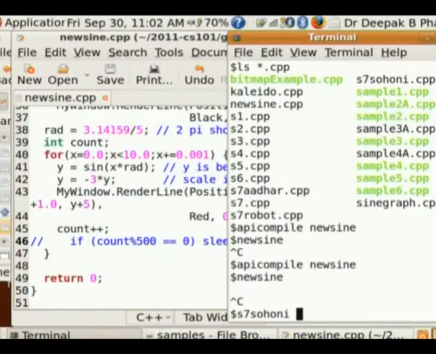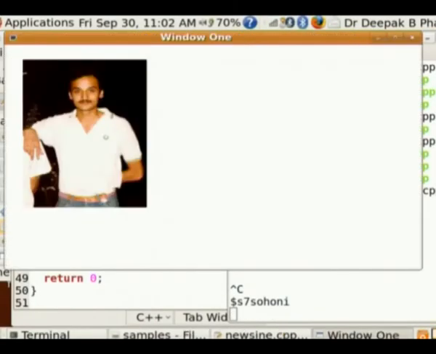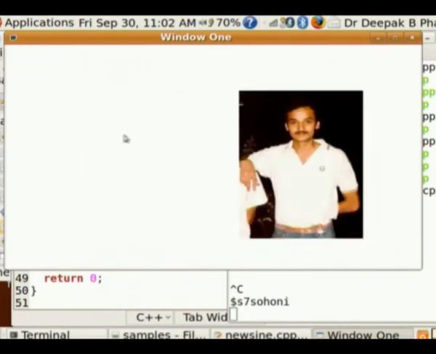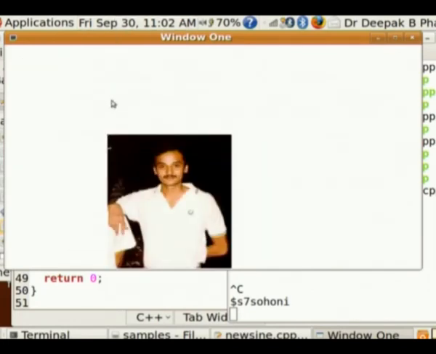So this is the program which draws this. This is Professor Soni. This photograph I think belongs to the time when he was like you, a student here. But he currently heads the Sitara and is a world renowned authority in basic algorithms and so on. So we can also keep moving Soni wherever we want.